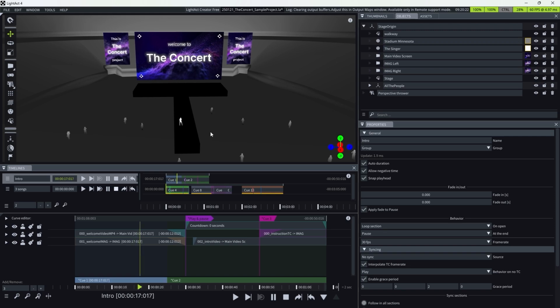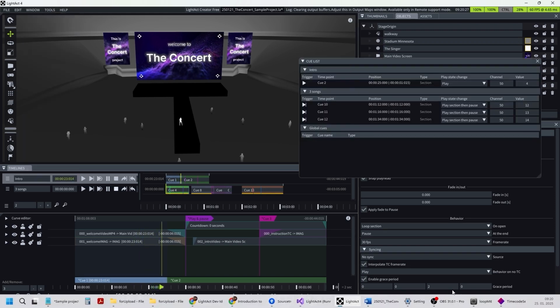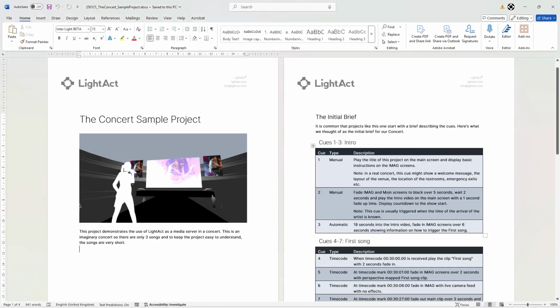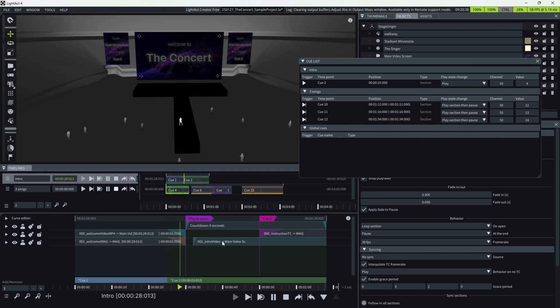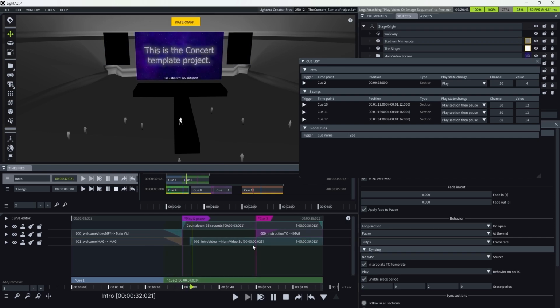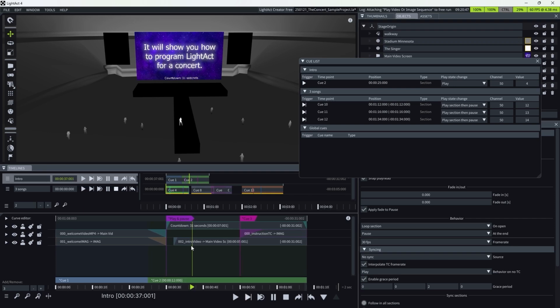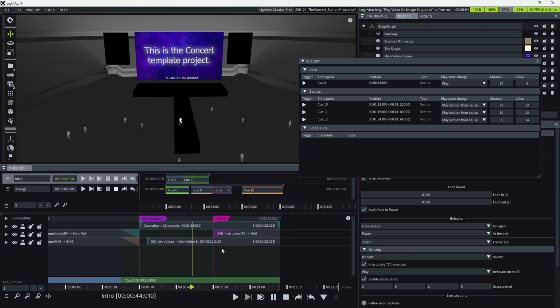screens. Then in the brief, it says that there is a manual cue number 2, which will basically trigger a fade out and then display some countdown information and an intro video. Now, in order to go through this sample project, I would highly recommend you first go through the LightAct